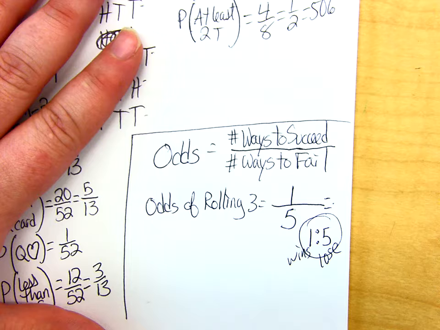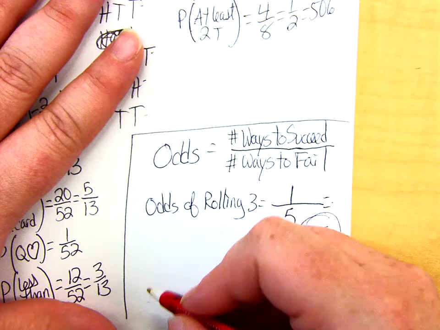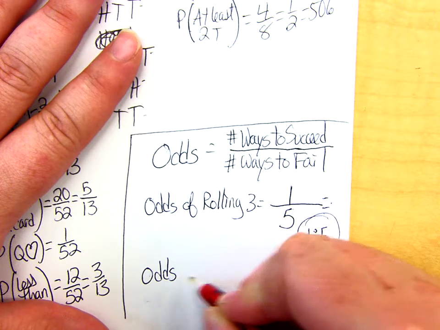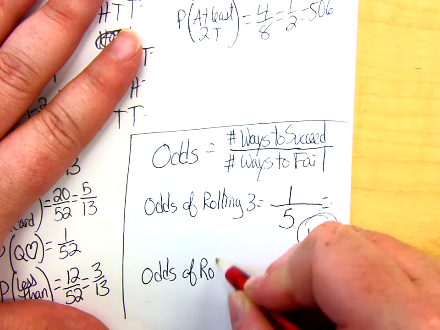So it's a rare chance of winning, if you were trying to roll a 3. You have a greater opportunity to lose than you do to win. There's 5 ways for you to lose, only 1 way for you to win. However, let's pretend we're playing a game, and I'm going to win this game as long as I roll an even number. That's all I have to do. So if I want the odds of rolling an even,